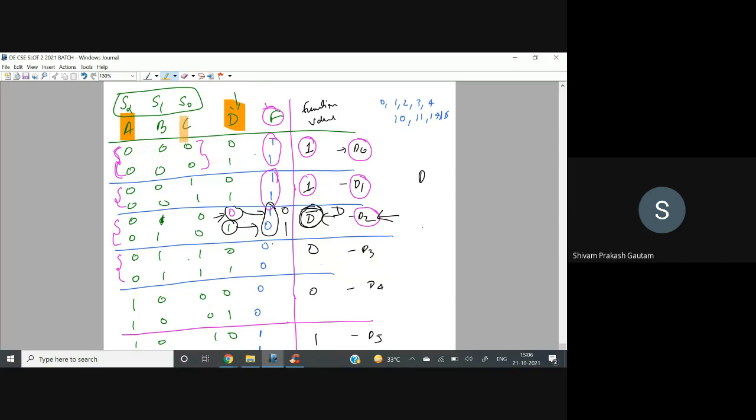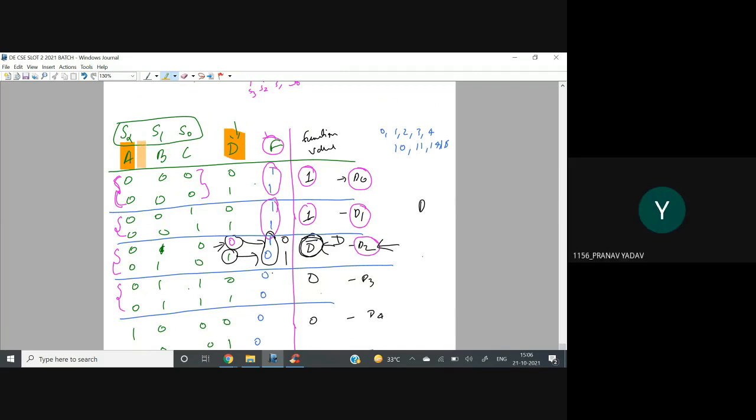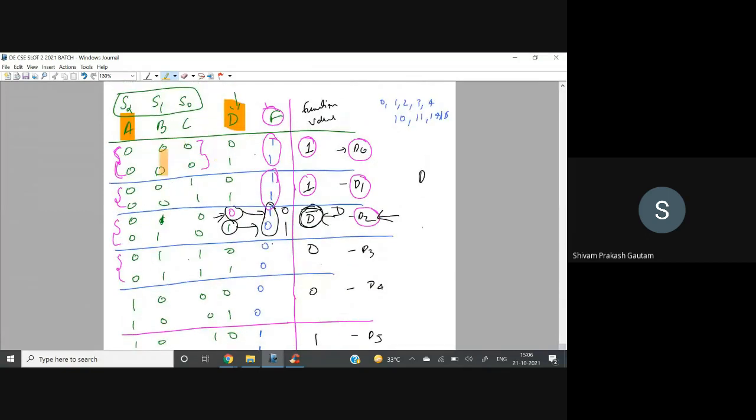Are you getting what I'm saying? Yes, sir. So you can float a as a variable and select the other three variables b, c, d as select inputs, and then divide the table. Then use your own logic. In that case, our circuit will be different. That is 8x1. Here I have divided it.